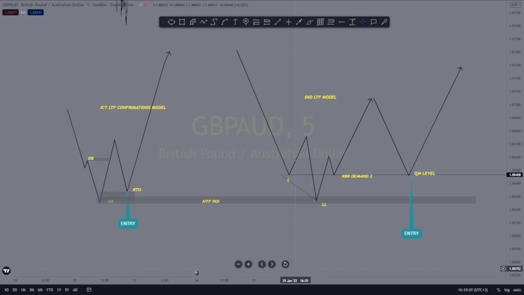The SND model usually presents a very significant zone, the QM level. So I like that. I like the SND model because usually there's a fake out. So for the SND model,